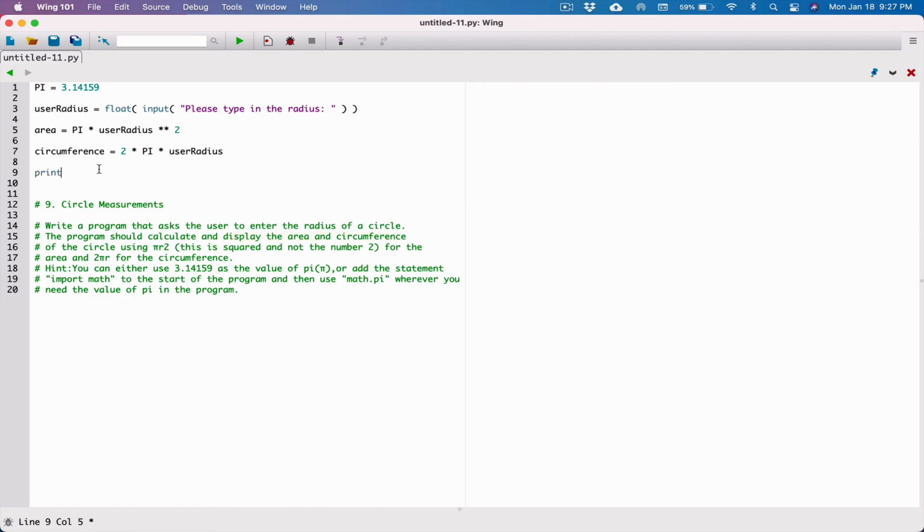And so let's call the print function to display them. And we're going to start by saying the area, this is one argument, and I'm actually going to concatenate it with the value of what's stored in area. So area colon, and I'm going to concatenate it with area, whatever is stored in area. But area is most likely going to hold a floating point value, and if you're trying to concatenate a floating point value to a string, you're going to get an error. And so we need to make sure this is also a string. And we can